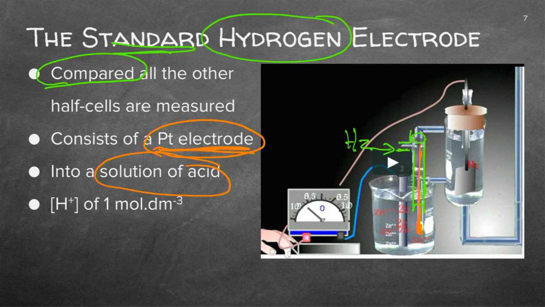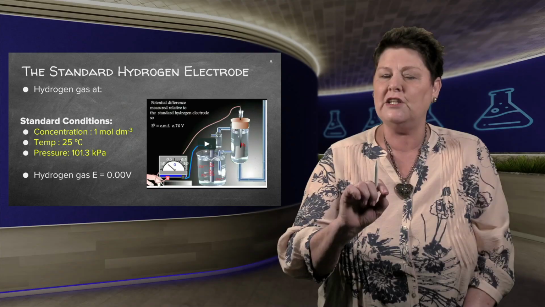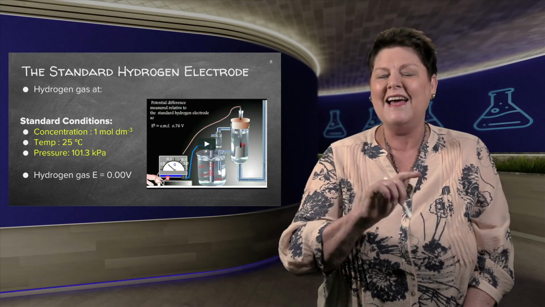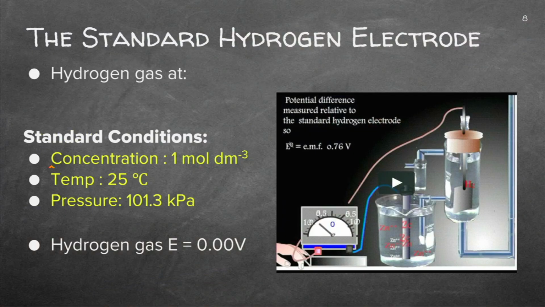So I've got platinum. It's an acid in the solution because I've got hydrogen ions, and important, I know it's a standard solution, so I know the concentration is 1 mole per cubic decimeter. Furthermore, there's a few conditions that you have to take notice of, and if you open your information sheet, you'll actually find these standard conditions, and this is usually a question in the paper. Give the standard conditions. Firstly, we said the concentration has to be 1 mole per cubic decimeter. Secondly, the temperature has to be specifically 25 degrees. If it's more or less, it will not be the same reaction that we measure against the hydrogen.